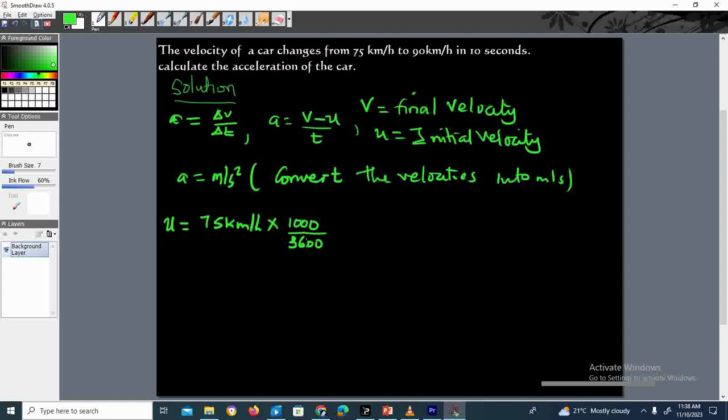So we are converting the hour into seconds. So there are 3600 seconds in 1 hour. This will be the same as getting 75 multiplied by 5 over 18. Once you simplify this, divide this by 20. Simplifying 1000 over 3600 will give you 5 over 18. So if you multiply 75 by 5 over 18,